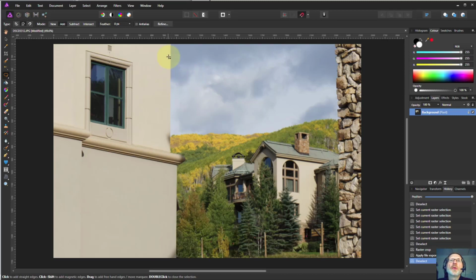So it's useful for times when you want to be able to use a straight line in particular. It can be used going around other things as well. So let's have a look. Say we're going to select this building on the side here. We want to affect it. We can literally come to here and here and